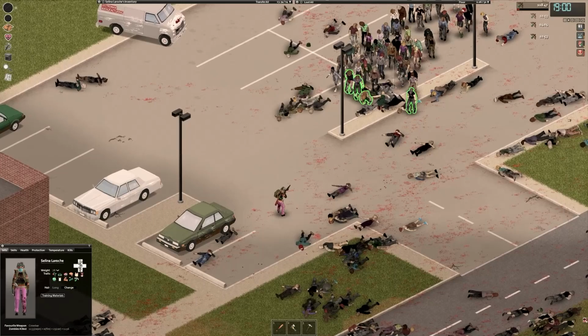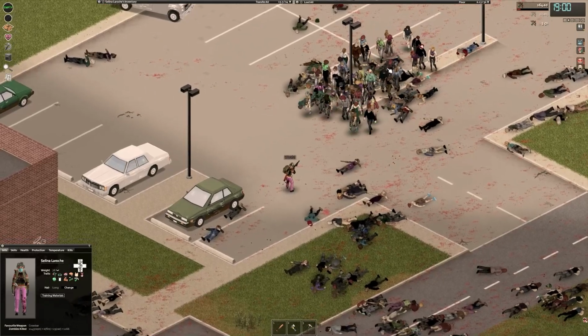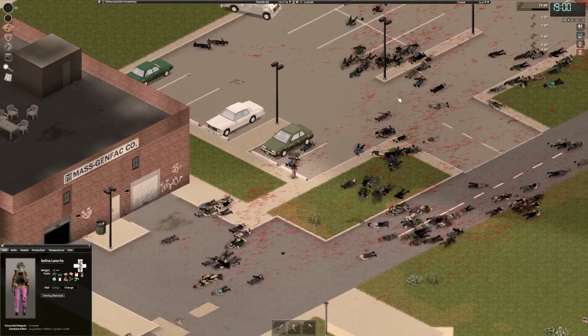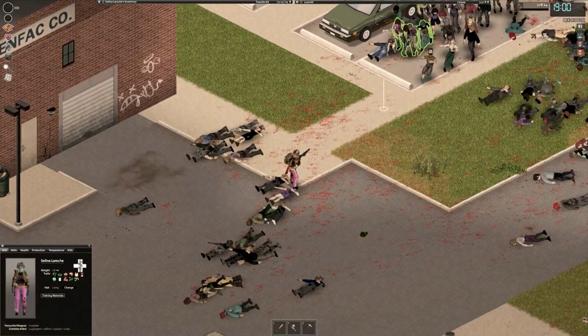But you can see how fast I aim now when I'm not panicked and not just blasting over and over again. Shit. As long as I'm not in pain and panicking, my character aims really quickly now, so...